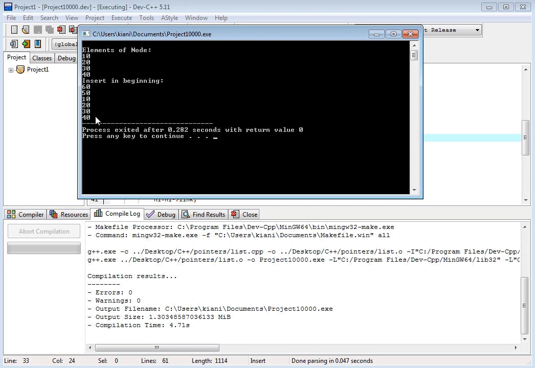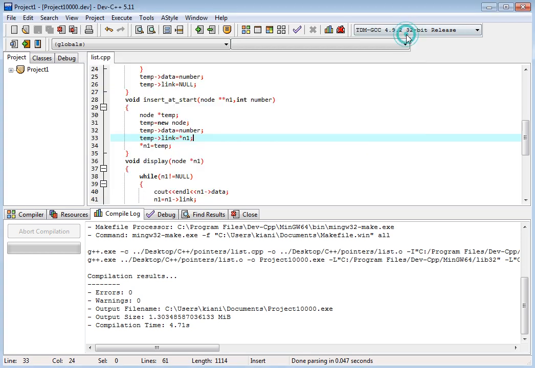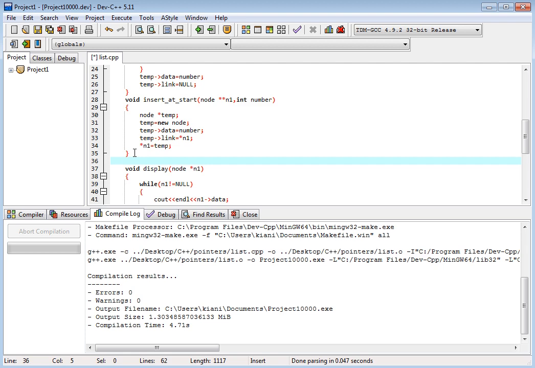So now we will see, okay, you see 60 and 50 at the beginning, 10, 20, 30 at the end, and 60 and 50 at the beginning. So we insert the data in the beginning.